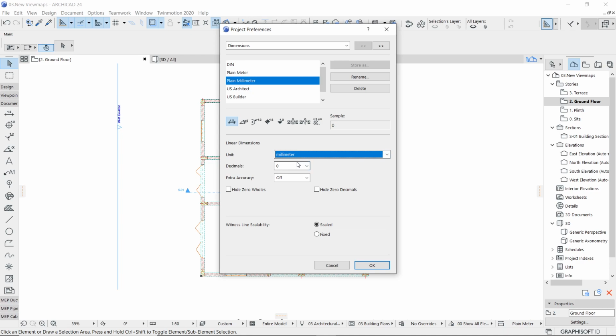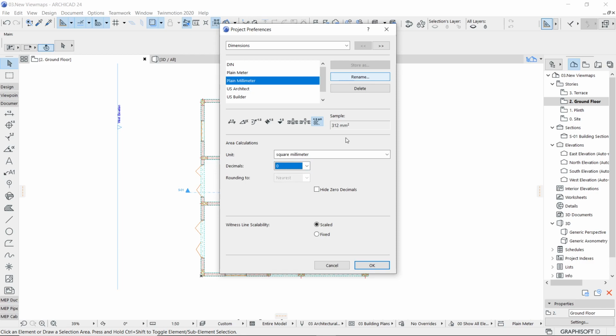As there are no changes, the Store As button is not going to get activated. If you try to put something different, for example, the area unit square millimeter, or if you want to change the decimal places, if you change something, then probably the Store As button will get activated.